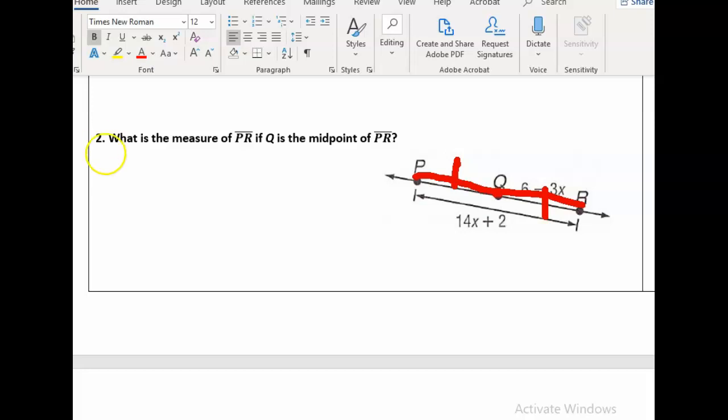Okay, so let's just go ahead and write that down. Don't forget to show your work. All this information that I'm writing down, that's what you need to write down. Okay, PQ is equal to QR. This is what is the measure of line segment PR if point Q is the midpoint. Okay, so we know that those are equal. Okay, now, what do we put in for PQ? Well, we know that,